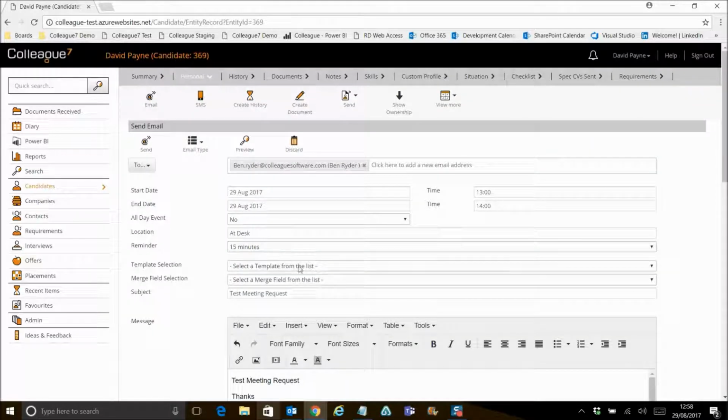As far as the templates are concerned, they can also be utilized within here, as can the merge codes as well. So it's basically the same as an email, but obviously incorporating the fact that it is a meeting request. If we send that now,